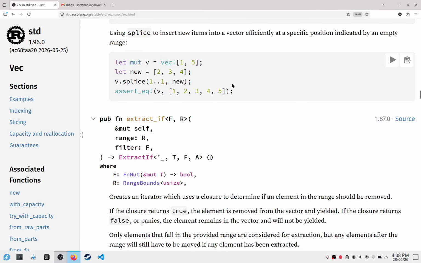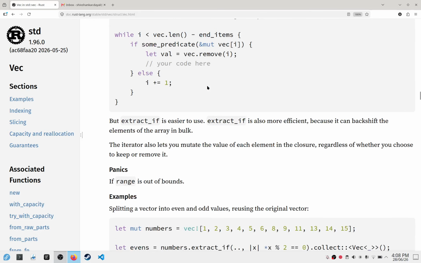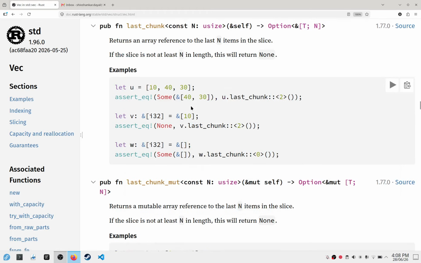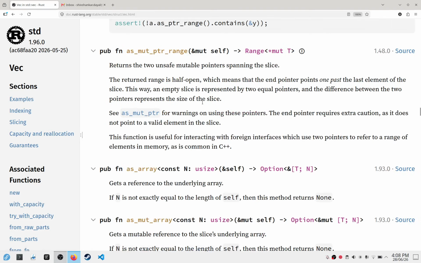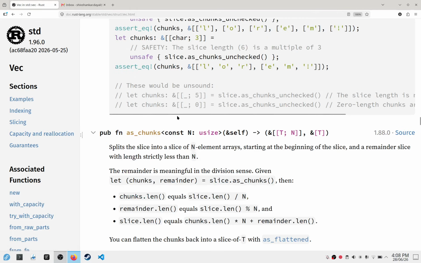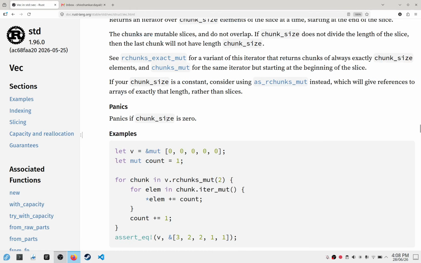So we will stop here, and in the next video we'll continue at extract_if. So it's a big one. After the next video it will be slightly faster. Okay, and the functions are quite simple. So we'll continue the rest of the documentation in the next video, and I hope that you're enjoying this read through